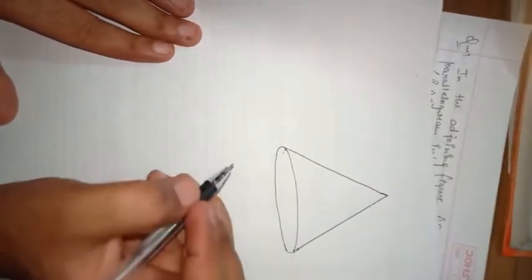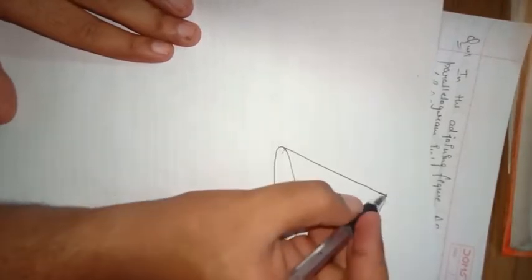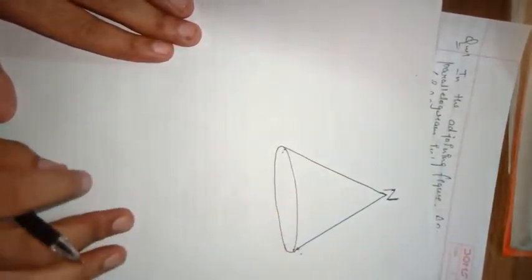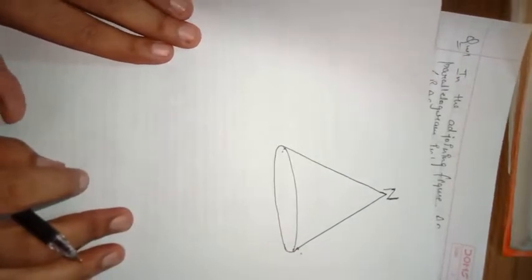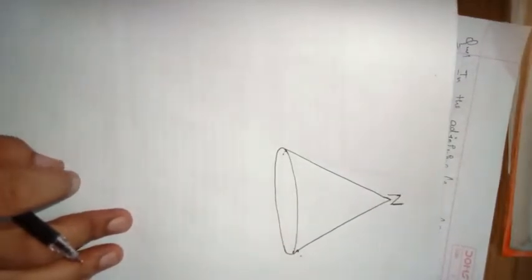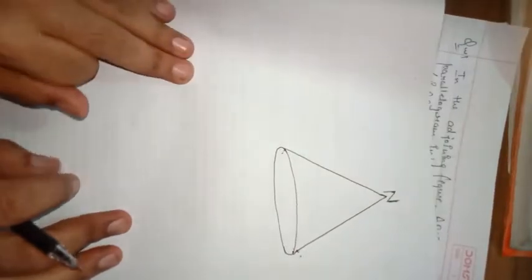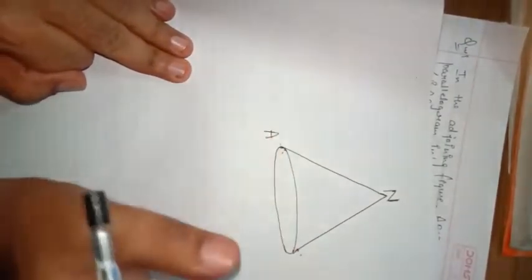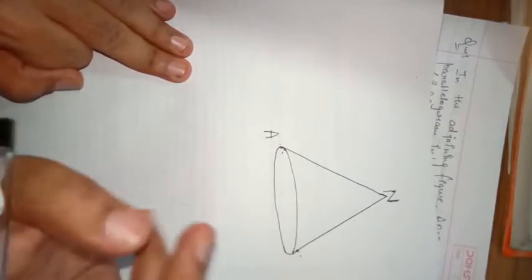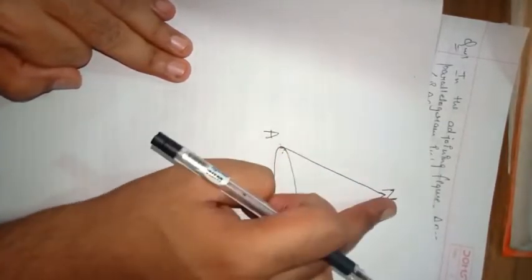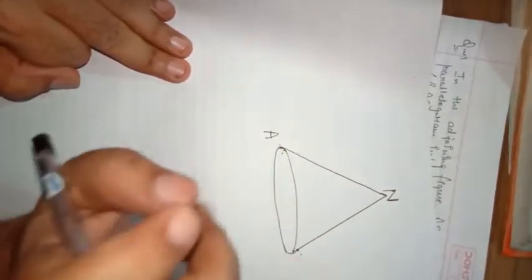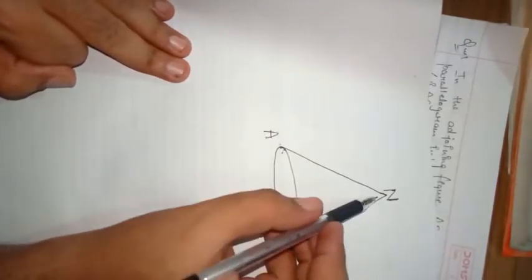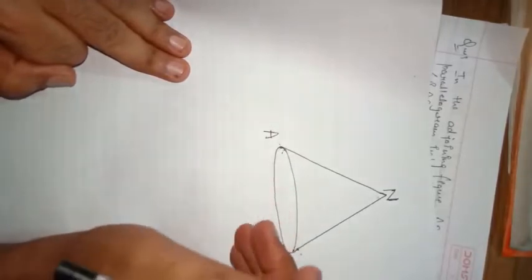Okay, so suppose students, we have to measure the distance of a particular planet which is in this position N. And how can we measure this distance N? So we are going to use one method. Suppose this point is A, we are somewhere and we have measured only one thing, and that is the angle of this planet with respect to Earth.